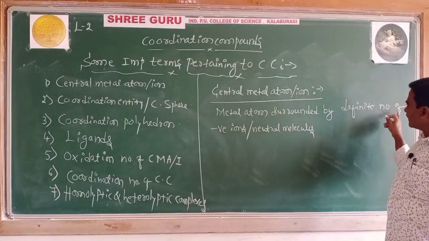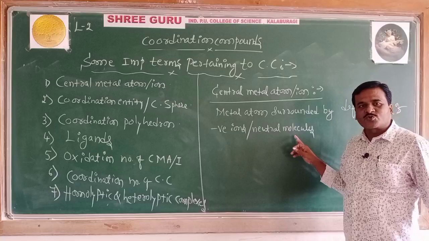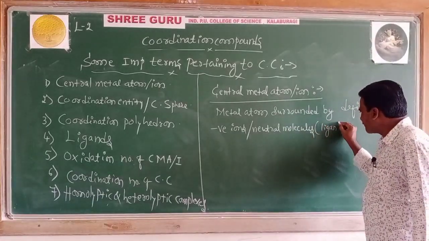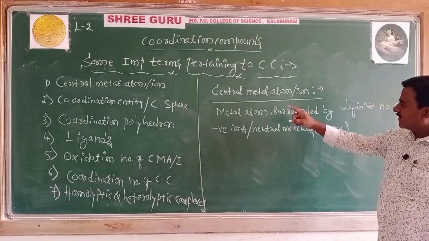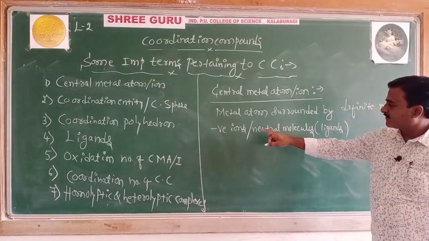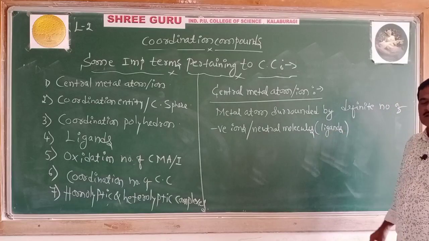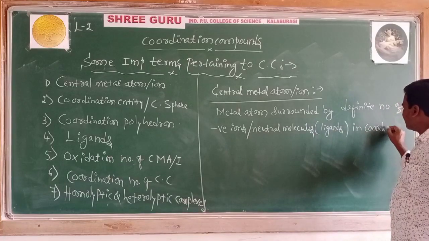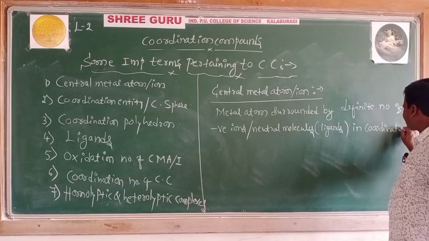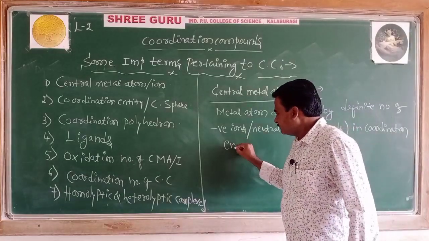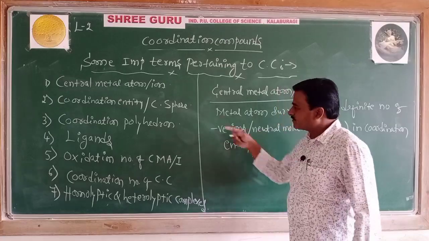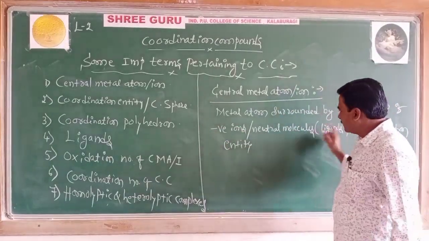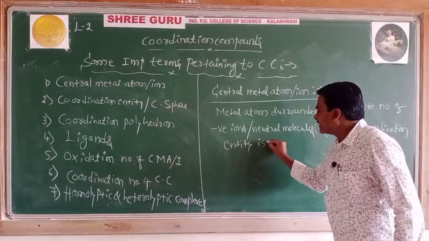A metal atom surrounded by a definite number of negative ions or neutral molecules, together called ligands, for your kind information. A metal atom surrounded by a definite number of negative ions or neutral molecules in a coordination entity. You will get the meaning of coordination entity in the next term. In a coordination entity, the next term is called